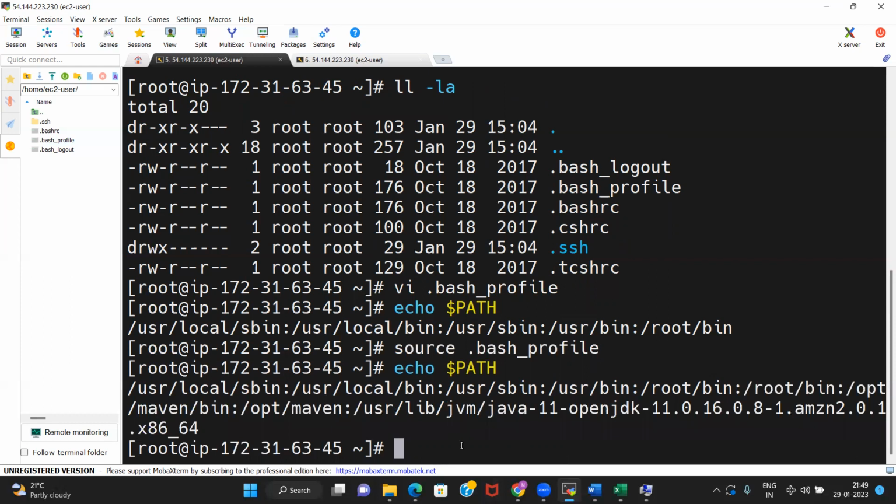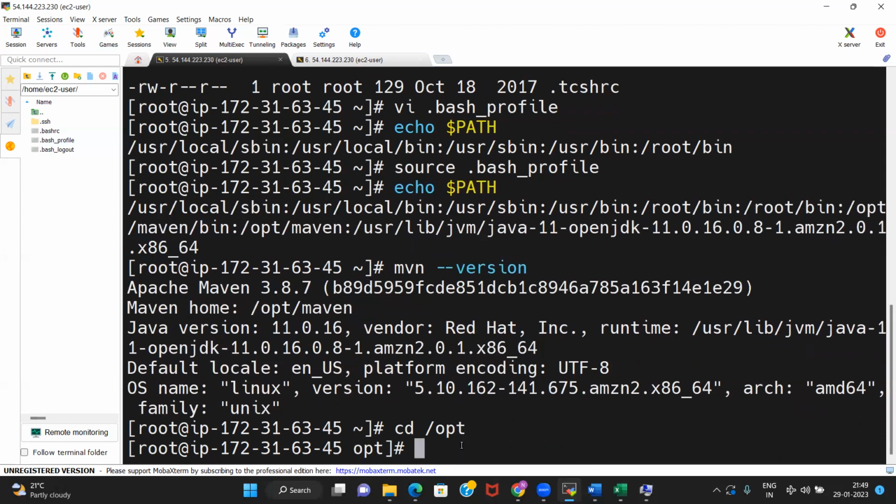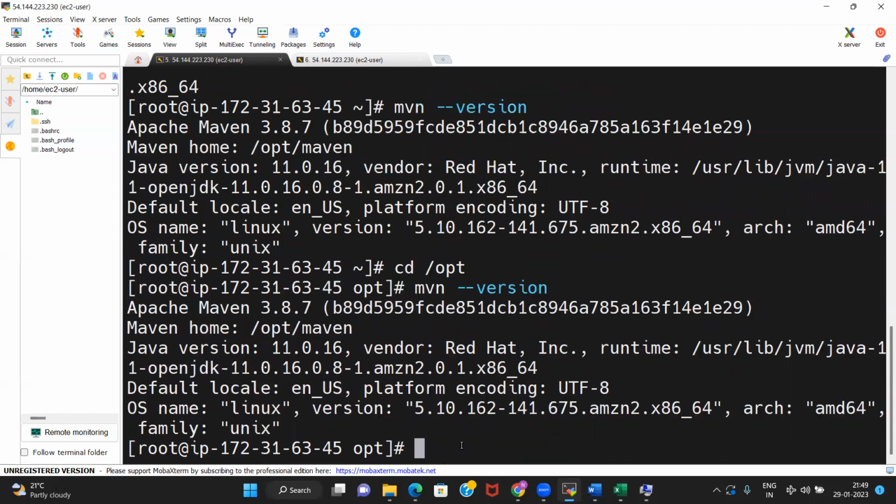Now from anywhere, not within Maven, I will be able to run the Maven command, right? Say cd /opt, and you do mvn --version. Means Maven is now accessible from anywhere.